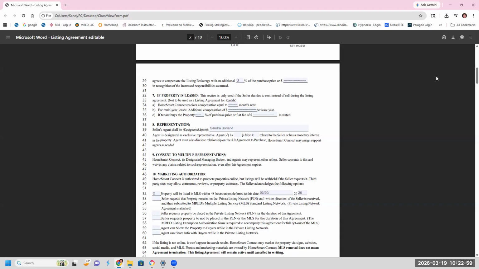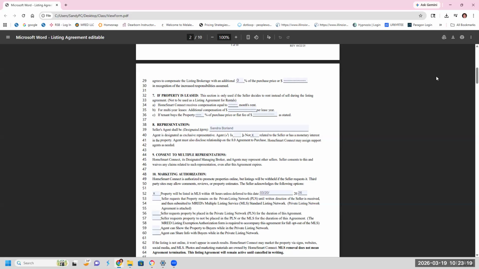Number 7 covers the situation where, while you have this property listed, Sam Smith, who lived in this house when he listed it with you, moved out last week and put a tenant in here. Surprise, surprise. What do you do?